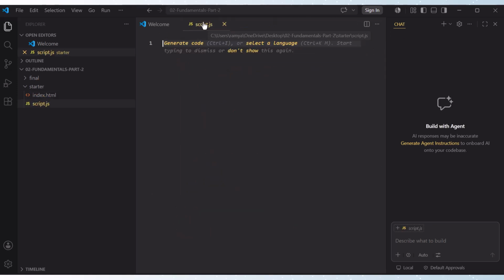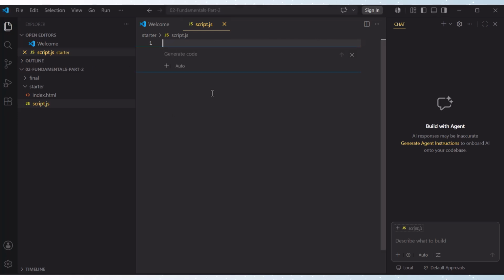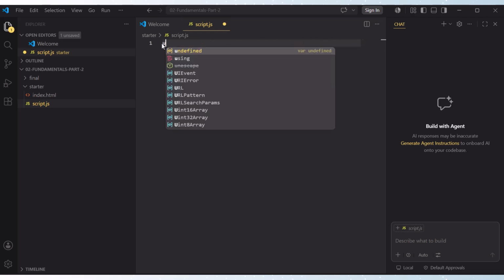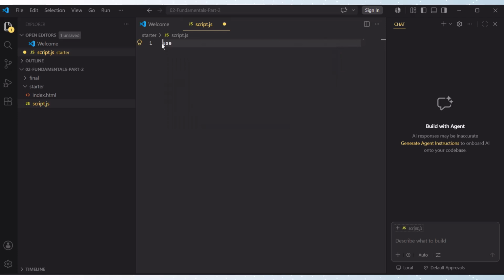file. And then in script.js, now we need to start with a special mode, that is strict mode. We have to activate it here, which makes it easier for us to write secure JavaScript code. We have to write here before anything else: use strict